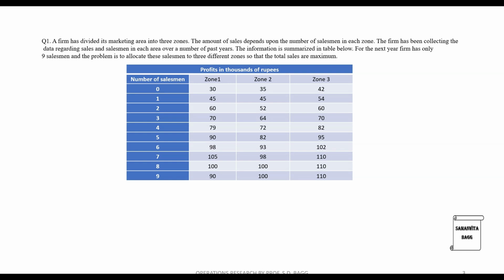There are 3 zones, 1, 2 and 3, and the profit in thousands of rupees are given. So we will solve this problem in stages. I'll start with stage 1. We will start with zone 1. The amount of sales corresponding to the different number of salesmen allocated to zone 1 is what I'm going to draw. So I'll write down number of salesmen